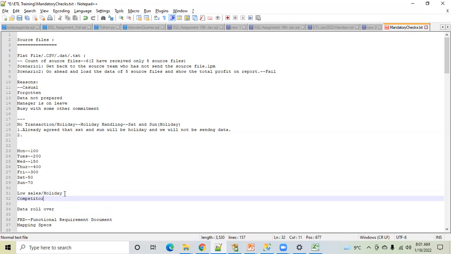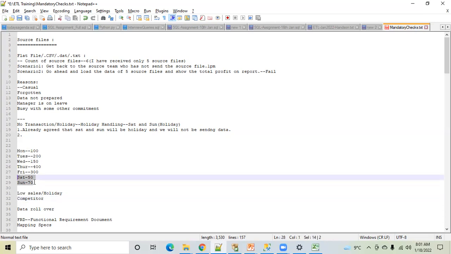Maybe your competitor, someone has opened a shop, right? And they're making good profit, and that's why your sales have dipped. Do you think this is also possible? Of course, yes. So your business will be thinking of a lot of points about why the Saturday and Sunday profit has dropped.